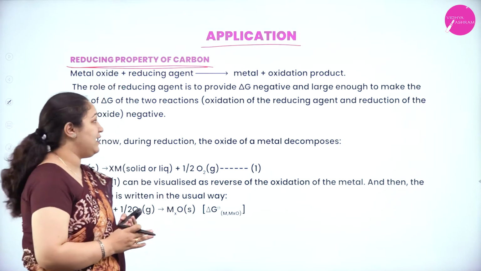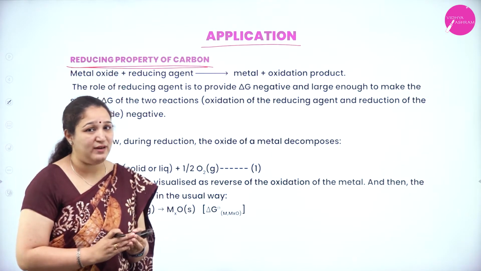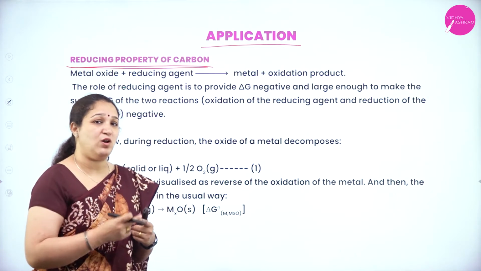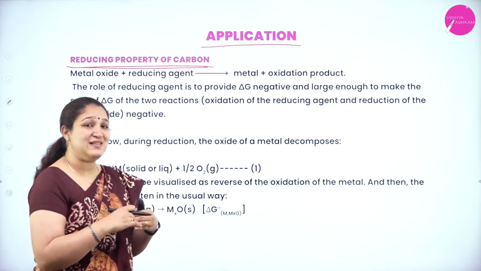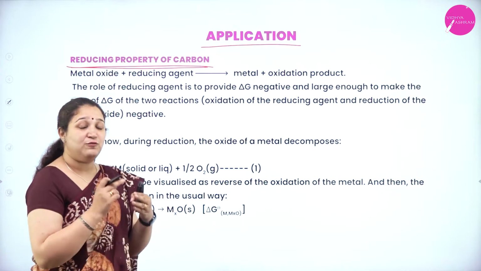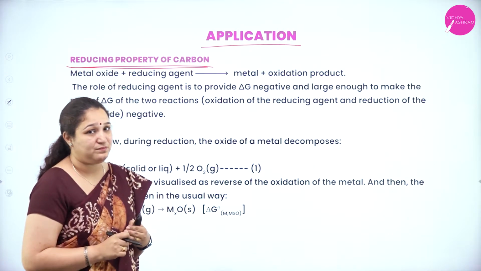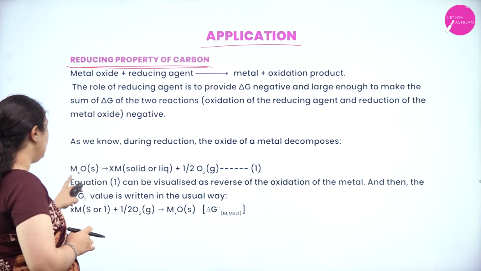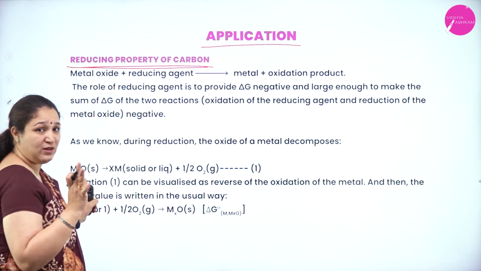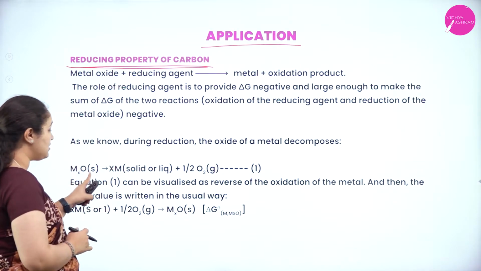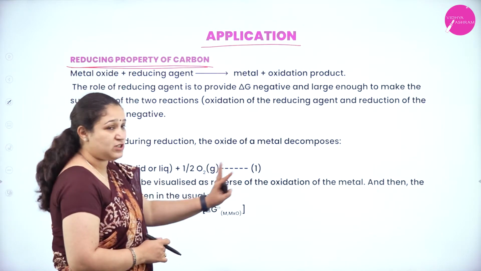Correct? So in this reaction, if you see in the Ellingham diagram, what are the reactions we had? We had formation of the metal oxide. We did not have the reaction where metal oxide is decomposing, isn't it? For the formation of metal oxide, delta G values were negative. Correct? So if I consider metal oxide, for me, I don't want formation of metal oxide. What I want is metal oxide to give metal and oxygen to be liberated. So this should be my equation 1.